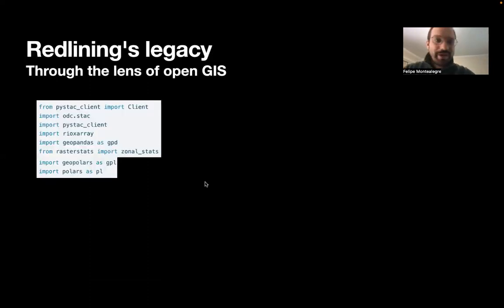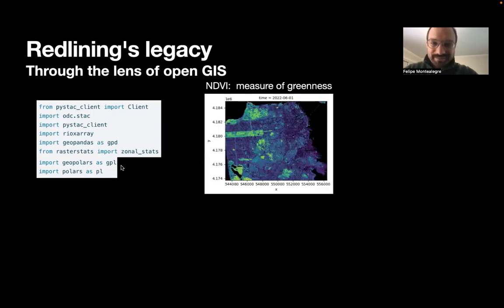I wanted to take a screenshot of the type of tools that we use in the Python tutorial. As you can see, we use both vector data, which is the polygons of the grades, and raster data, which is from satellite images. We will be computing some zonal statistics on these polygons.